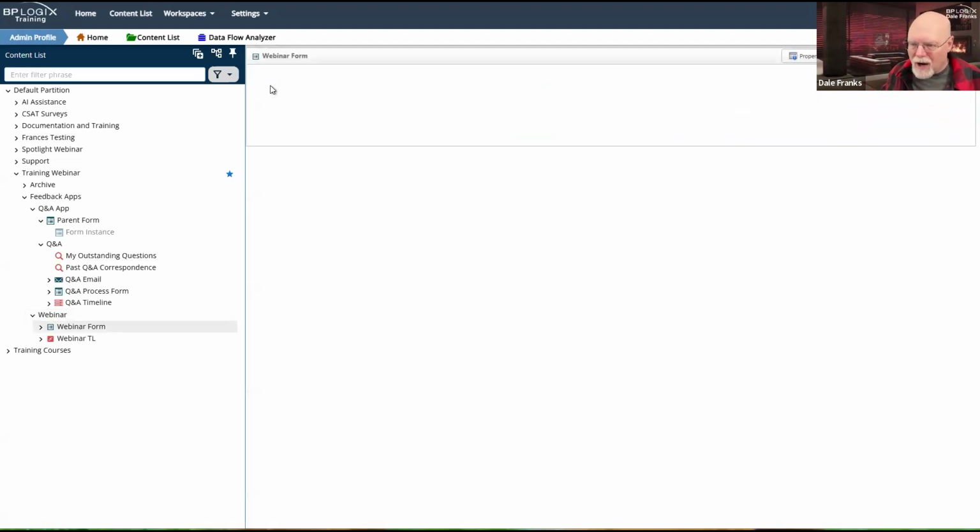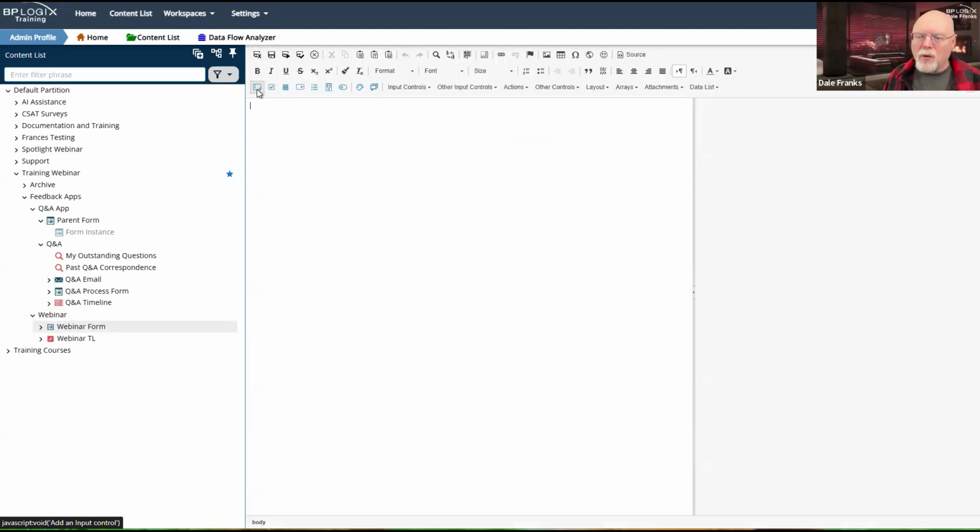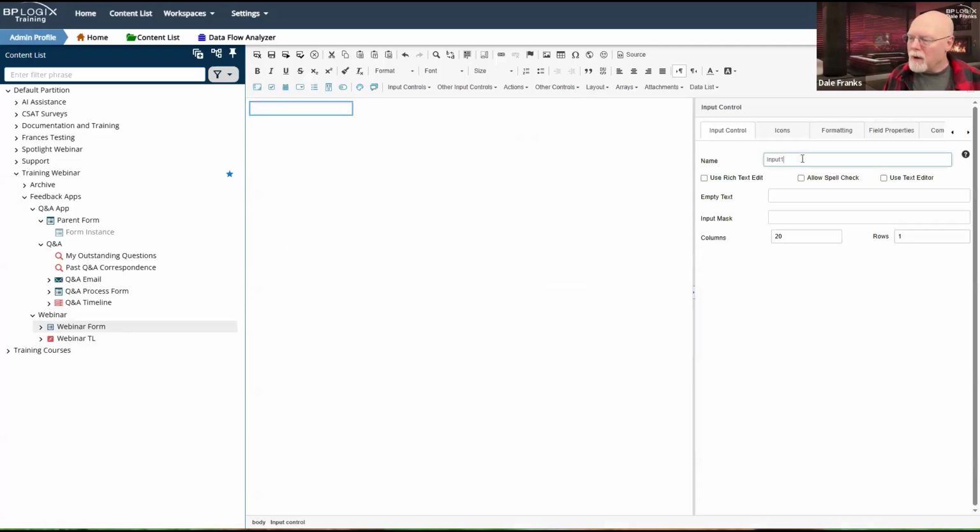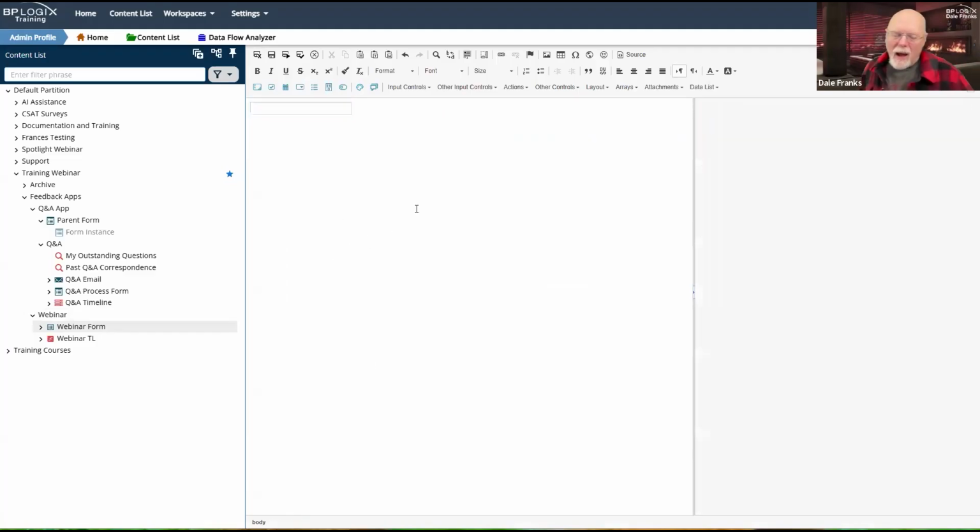Right now, the form is entirely blank. So I am just going to drop in an input control here that I'm just going to call request number. And for a feedback form, it may be that some or all of the fields are irrelevant, and so you don't care about passing them. But there may be some value that you do want to pass from the form. So that's another option, another wrinkle. Let's at least give ourselves the option of doing that.